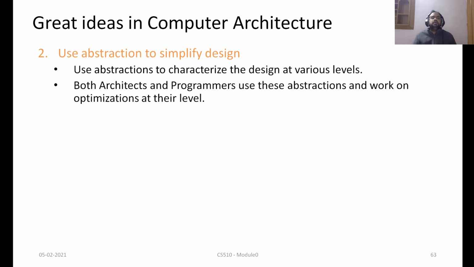For example, the computer system stack that we saw a couple of lectures back is a good example of abstraction. All the software developers are abstracted from the hardware details by one layer or another, popularly the compiler,